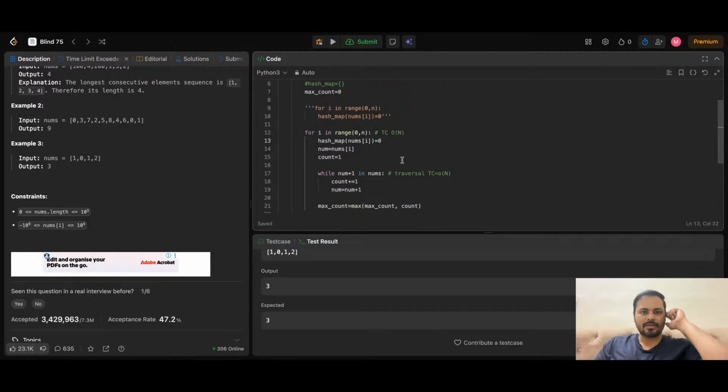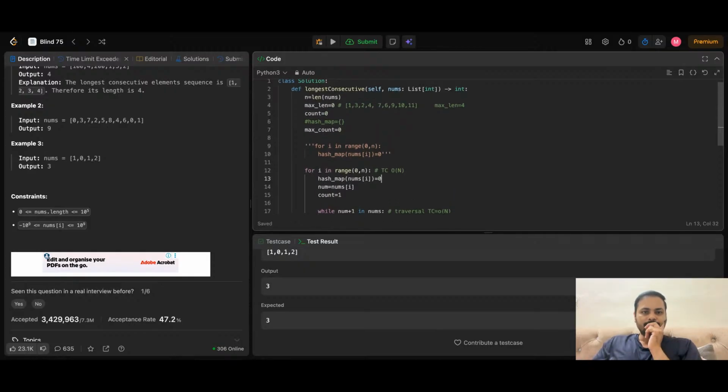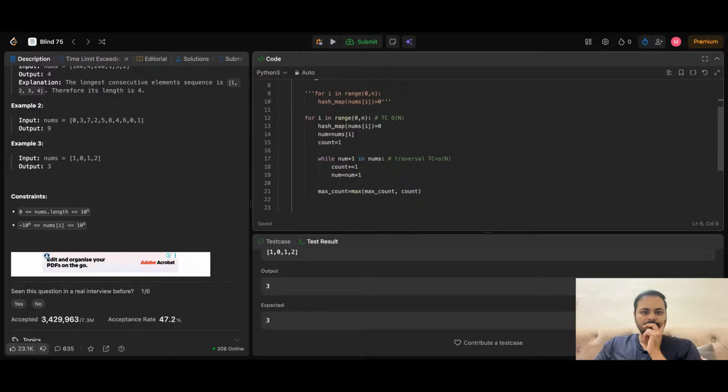Here we can just create a hash map of nums of i. Okay, and I think if we put this out of the loop,